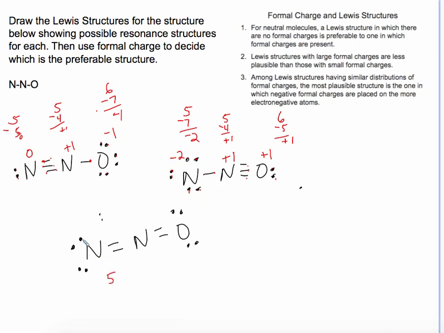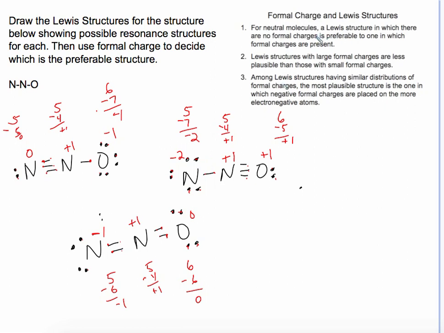This nitrogen has 5 valence electrons minus 1, 2, 3, 4, 5, 6. So 5 minus 6, -1. So we'll put a -1 on there. This nitrogen has 5 minus 1, 2, 3, 4. So that's going to be a +1. And this oxygen right here has 6 valence, and it's got 1, 2, 3, 4, 5, 6. So 6 minus 6 is 0. Okay, so anyway, now we are going to go through these rules